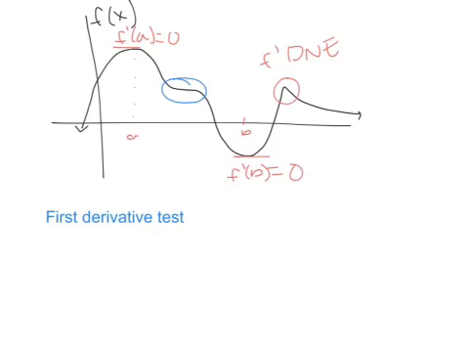Okay, so the first derivative test tells us this. I'm going to try and write this neatly. I know sometimes it's a hot mess. If your derivative, so if f prime changes sign